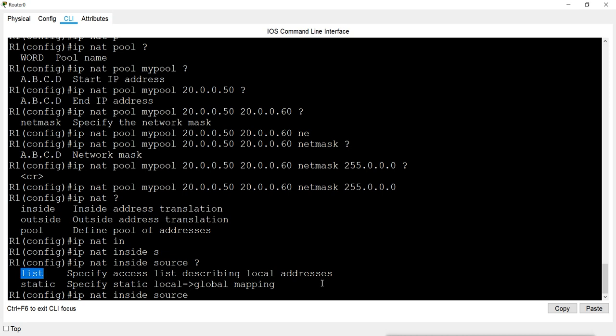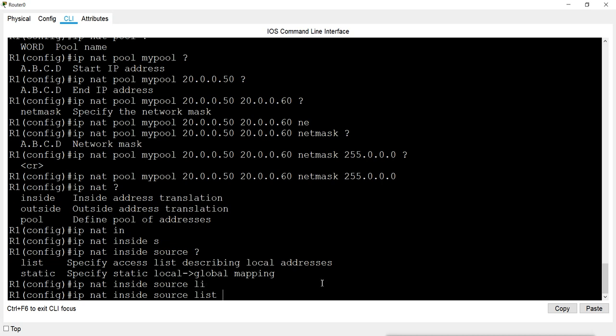So list. Now list means what? The access list which we created. If you created the access list with a number, you will mention the number. If you created the list with a name, then you will mention the name.